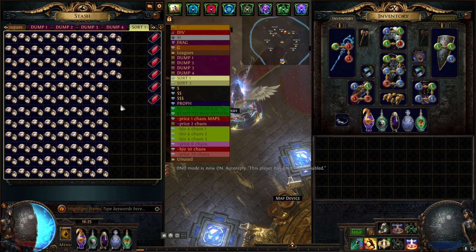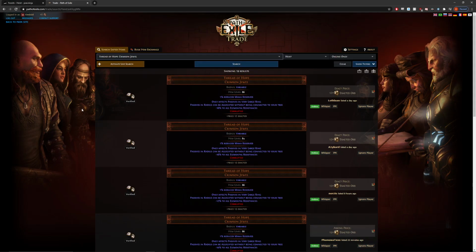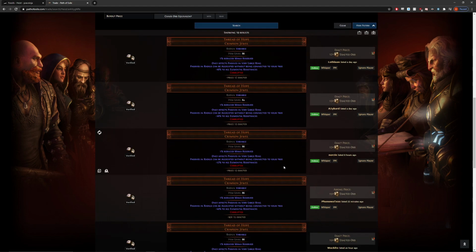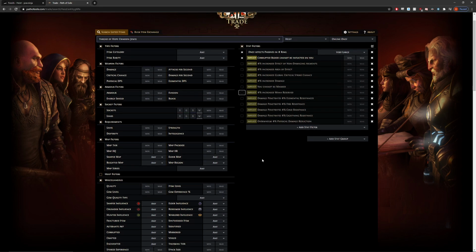So there are a couple good outcomes here. There are obviously different implicits from jewel corruptions than any others, the two best being corrupted blood and mana reserved. Mana reserved is better by a few X. Corrupted blood's not bad though. I believe mana reserved is roughly, you see minimum about 12, 13X, something like that. And corrupted blood